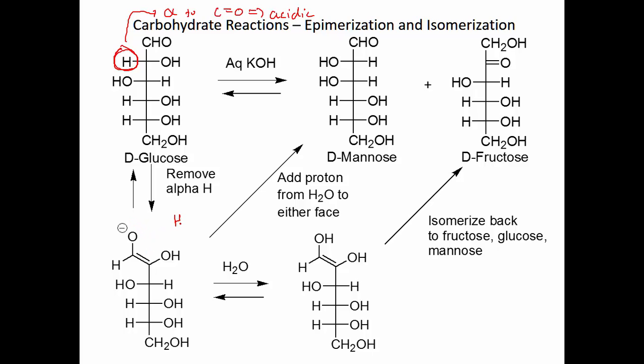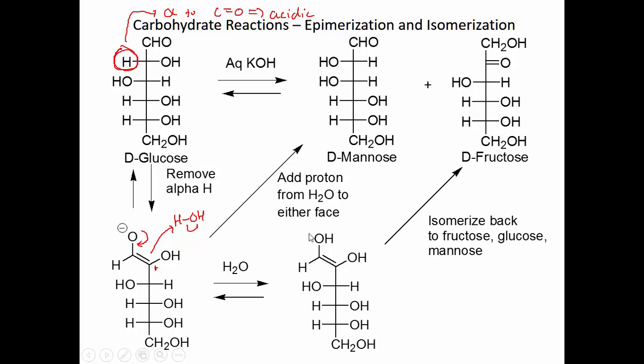We're going to protonate this, and when we add the proton here to this carbon, what we find here is that we can add it to either side. Okay, so this enolate reacting with water is going to give us a mixture of D-mannose and D-glucose. All right, another thing we can do is we can turn the enolate into the enol. Okay, and when we turn the enol back into a ketone, we can do it like we did over here and make mannose or glucose, but we can also,